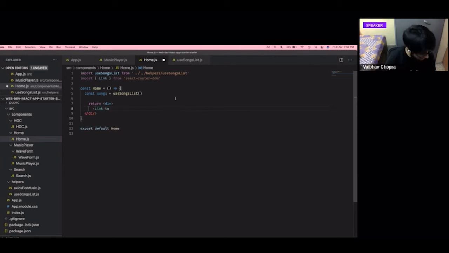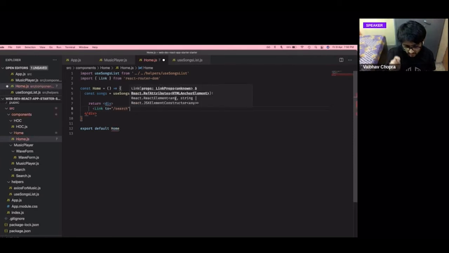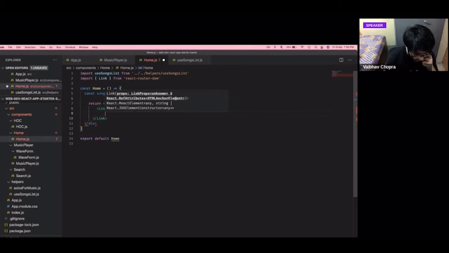So we will use this Link too, and we want every time you click on this search icon, you remember the top right, in the top right we had a search icon in the home page. We are writing the code for that. So we'll create a Link, and in that we will have a Feather icon like we had this previously also. We'll use another Feather icon which is I think called Search.